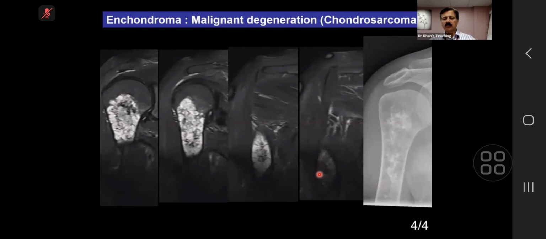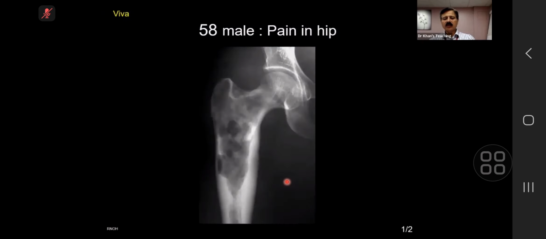So the take home point is that when you compare with the previous X-ray, this is something which you have to pick up. This particular case is more for teaching than for the exam. Otherwise, it's not a very good quality for the exam purpose, I mean to say. This case I've already explained to you. I don't have an old X-ray for this, but the hypothesis is that there was a bit of chondroid matrix, and now everything has been eaten up,